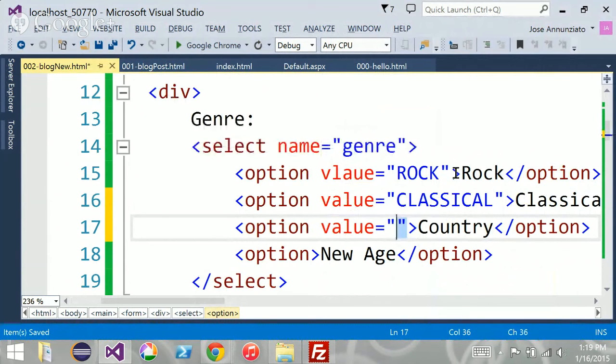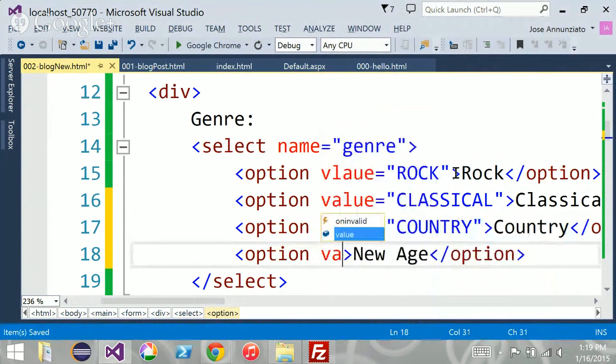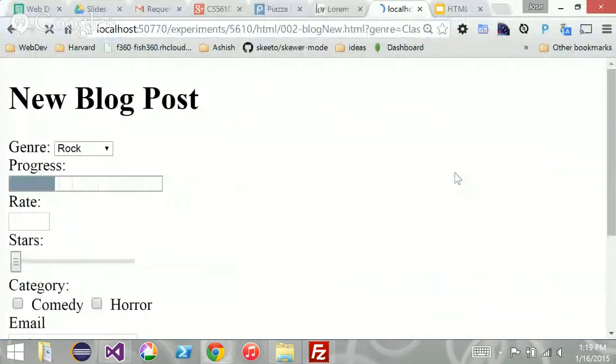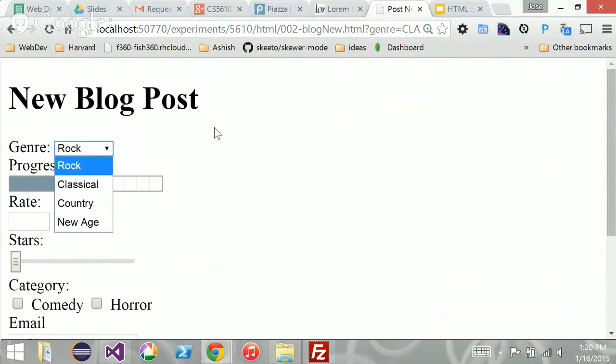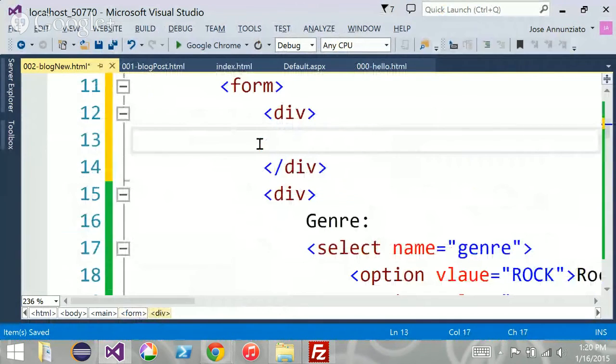So you can give it actual data that your object model is expecting, like country, or this one's value equal new_age, right? So this is more computer-friendly data. If you refresh, you select classical and you submit, notice that now it uses the actual value, but you still have the human readable format. Make sense? Another one that is also very useful, for new applications, is drop downs